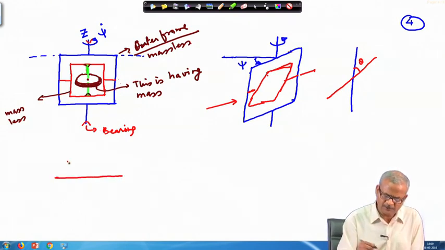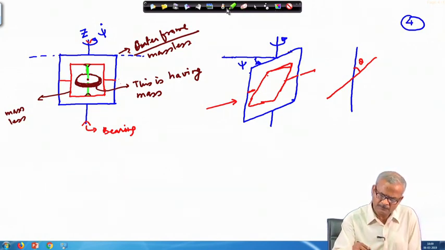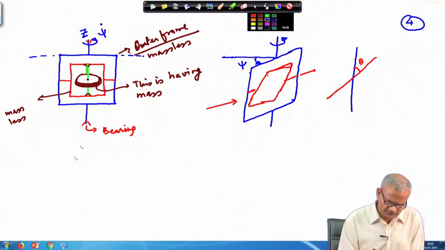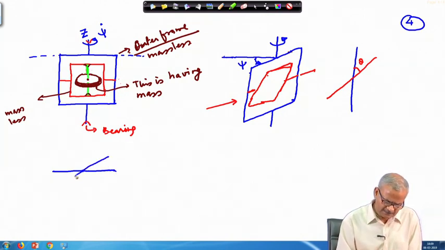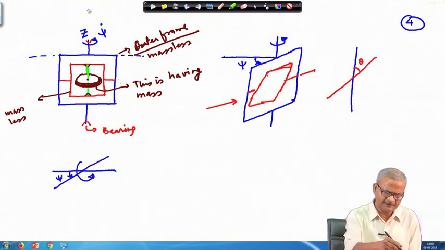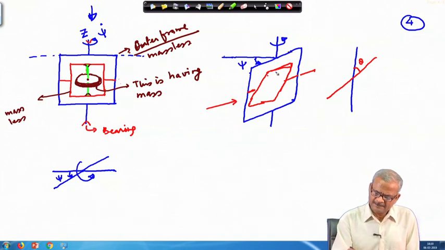If I see it from the top, as shown here, this frame from the top will also look like a straight line. Okay. And if I rotate it by psi angle, it is going to look like this. Okay. It has rotated by psi angle here. So, this rotation is like this, seen from the top. This is rotating anti-clockwise. Similarly, this has rotated like this, and inside this is your wheel, the wheel that is rotating.